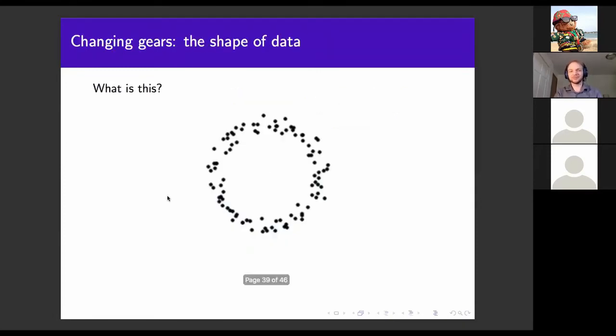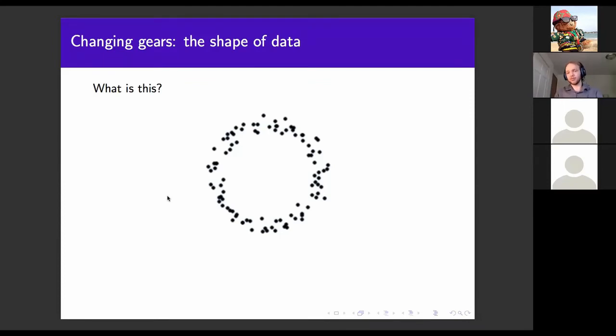Okay. I'm going to try and pull a little bait and switch here, a little switcheroo, and talk about a different aspect of my research, which is not really related to pure coarse geometry. But I'm going to relate them in philosophy. And the reason I want to talk about this is I just want to give a full picture of the kind of different things I think about. So that it's not just pure coarse geometry and topology, but I also think a little bit about data.